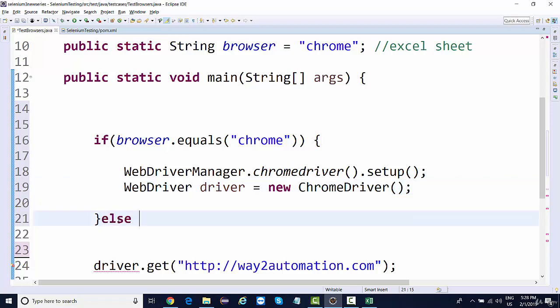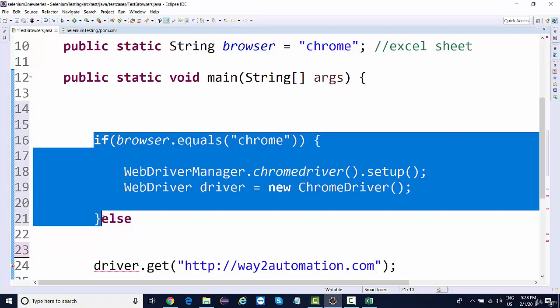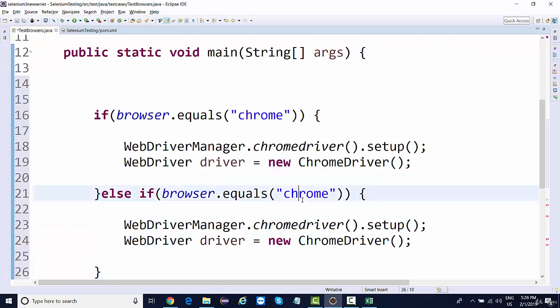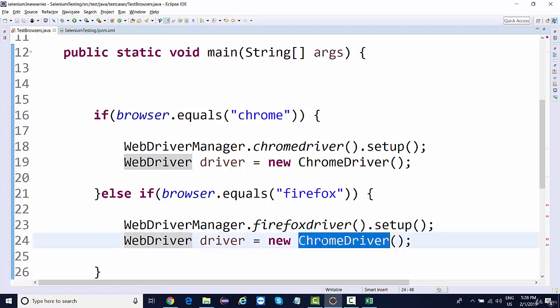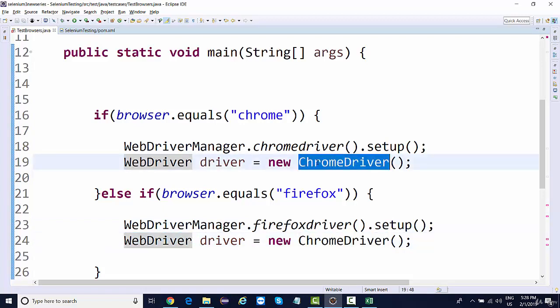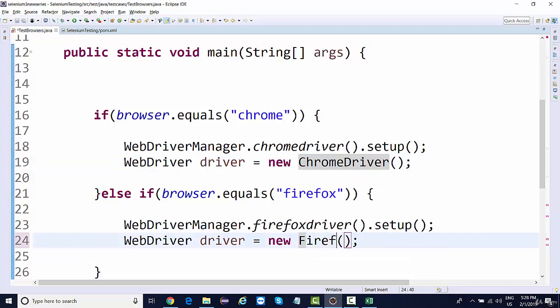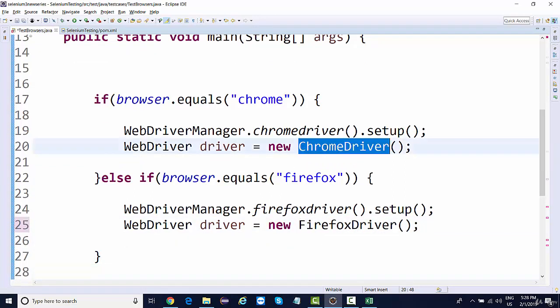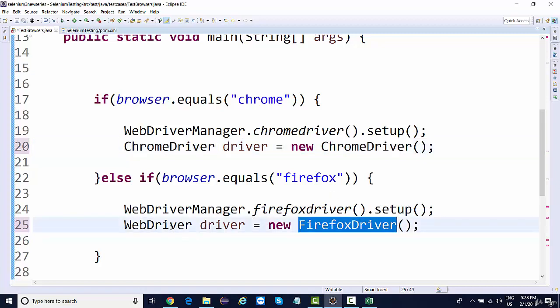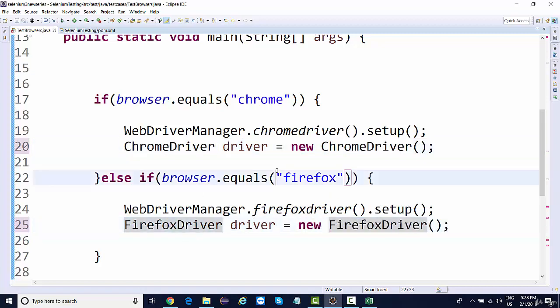Then I'll say else if browser dot equals Firefox, run it for Firefox driver and create an object of FirefoxDriver, right? And for the time being, let's assume there is no WebDriver interface. So I'm going to declare the type as ChromeDriver. For this, I'm going to declare the type as FirefoxDriver, right?